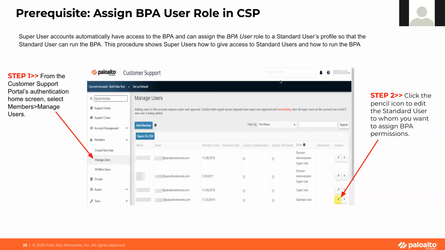All super user accounts on your CSP or the customer support portal, they automatically have access to run the BPA. If any user who is not a super user wants to run the BPA, they should be assigned a role to run the BPA. To any standard user profile, you can assign a BPA role so that you can run the